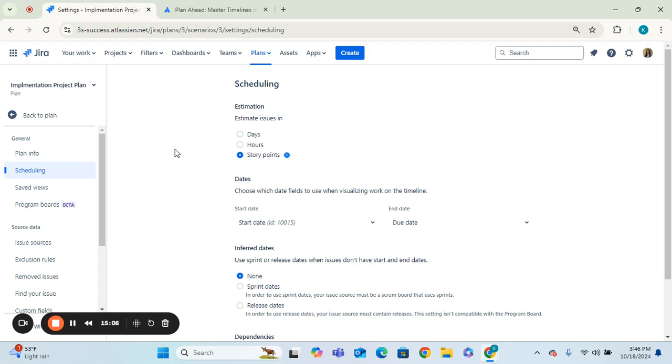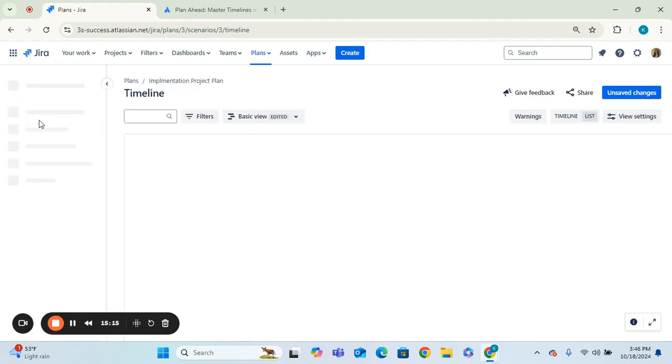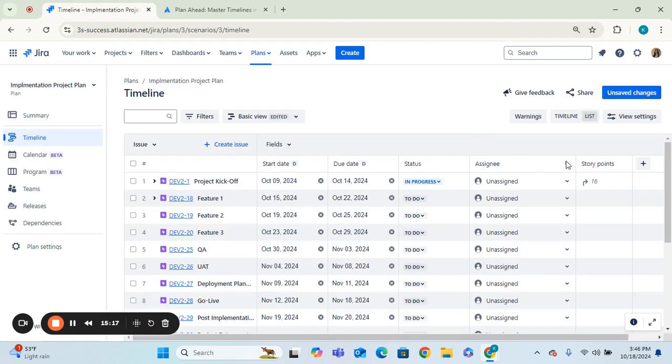So, going back to our timeline. You've gone through project settings, you've updated estimation, you've updated the inferred dates to none. Let's go ahead and go back to our plan. Now that we're back to our plan, you'll see that the estimates is listed as story points, which is exactly what we wanted. The reason that I have these fields listed here, so I have start date, due date, status, assignee, and story points,